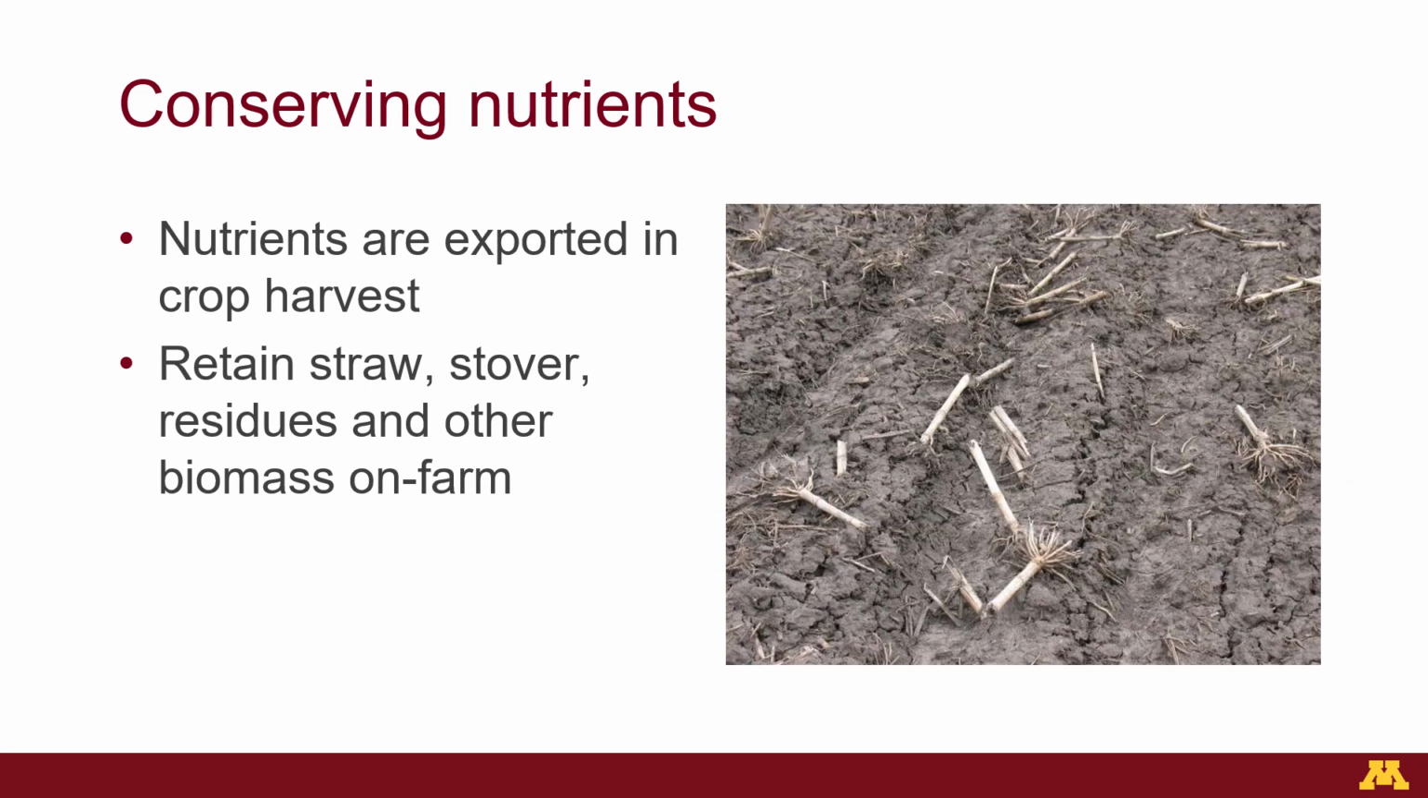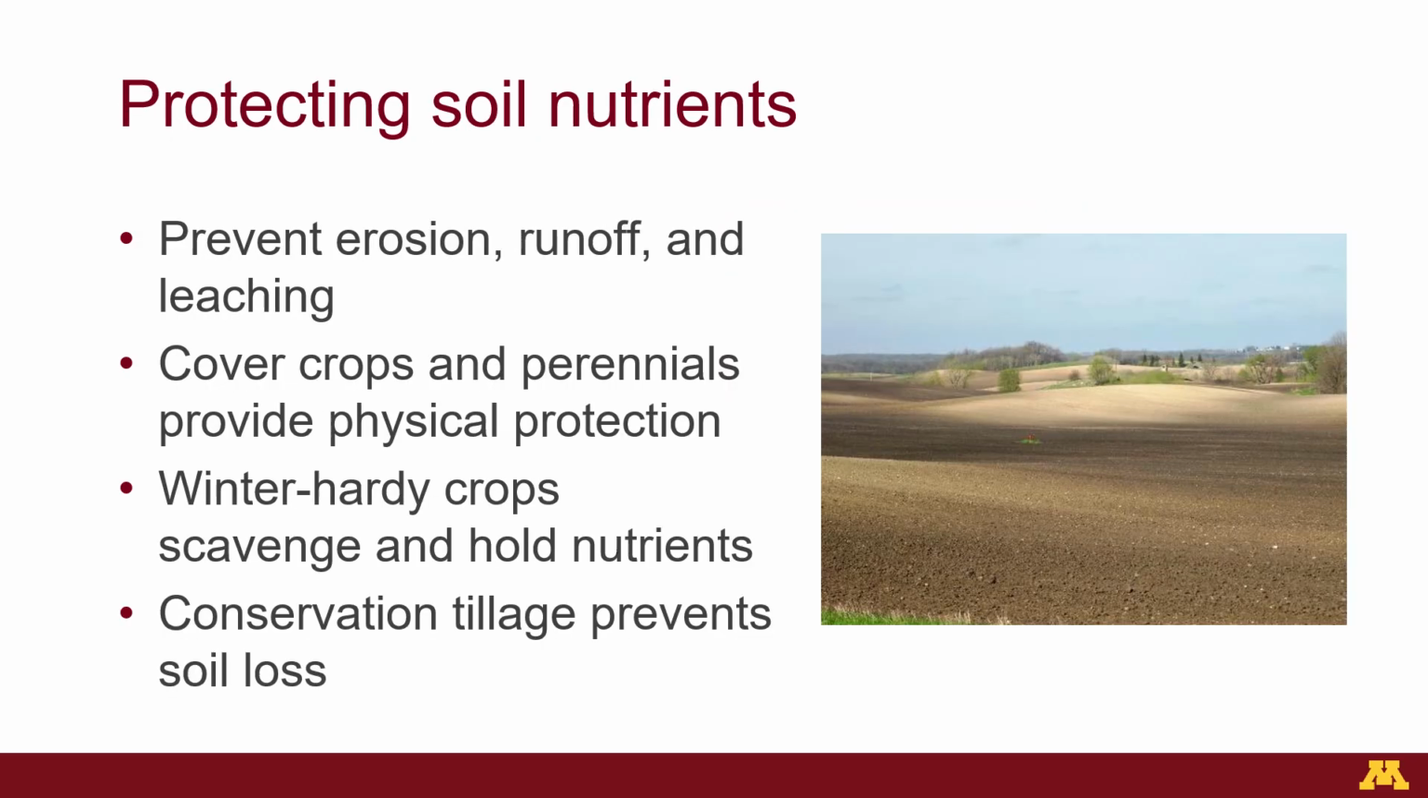Good organic fertility practices include measures to conserve the nutrients that are already present in the soil. Nutrients are inevitably exported from the farm whenever you harvest a crop, but you can retain as much as possible of the straw, stover, residues, and other biomass that is produced on the farm and return the nutrients to the soil. An important aspect of nutrient conservation is preventing soil and nutrients from leaving your farm through erosion,